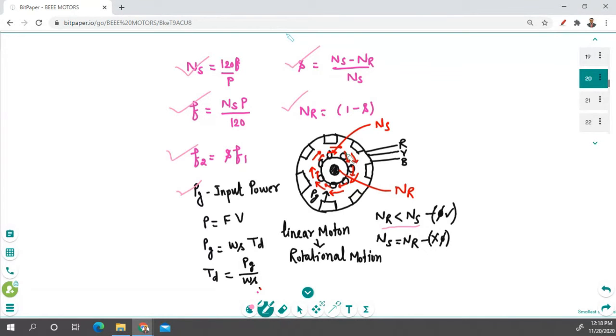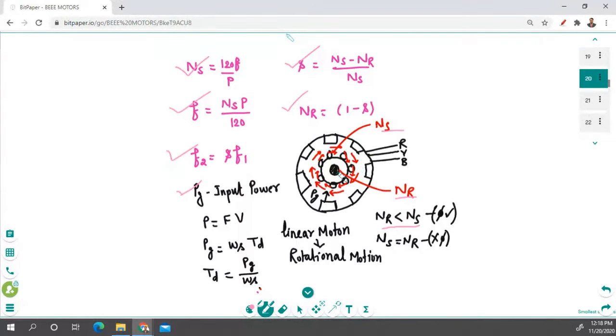Okay, so it produced some forces right here, and this rotor is going to start rotating when forces are applied to this part. This rotor will rotate with the Nr speed. So what is Nr speed? Nr is the actual speed. What is this Ns? Ns is the synchronous speed. So what is synchronous speed? It is the speed of this outer part. Clear? The speed of this rotor is the inner speed.